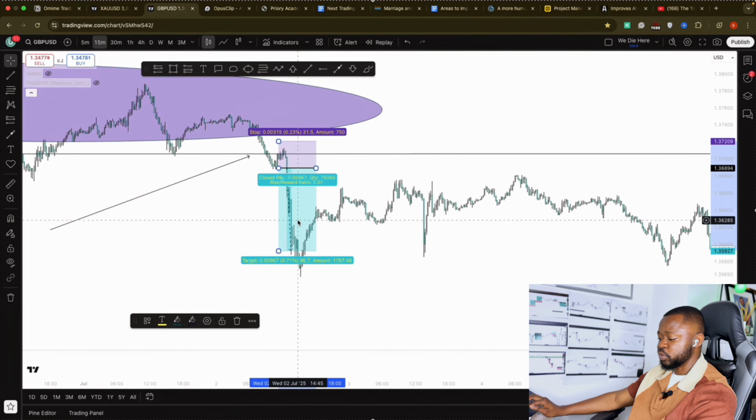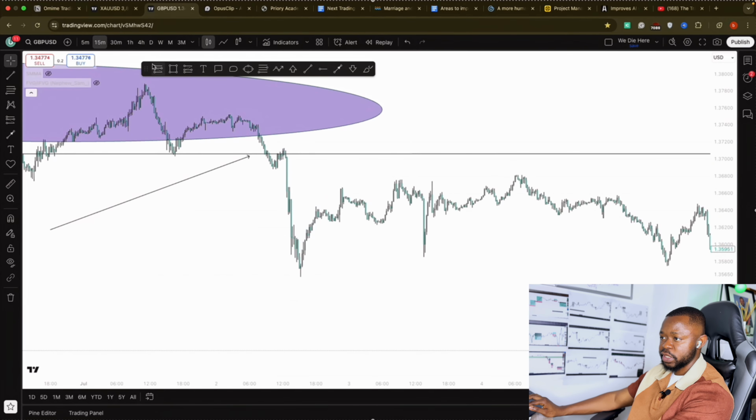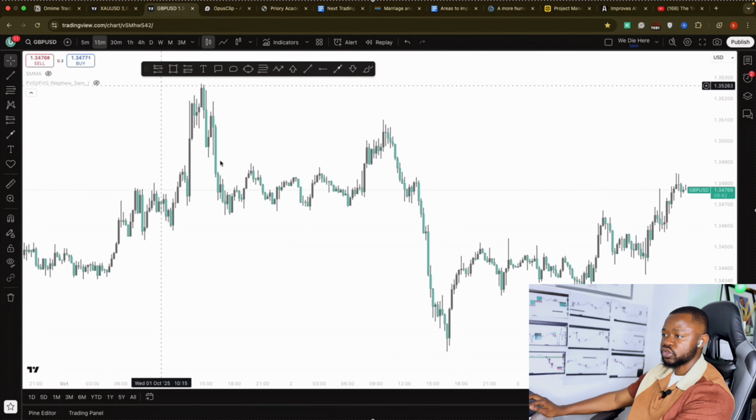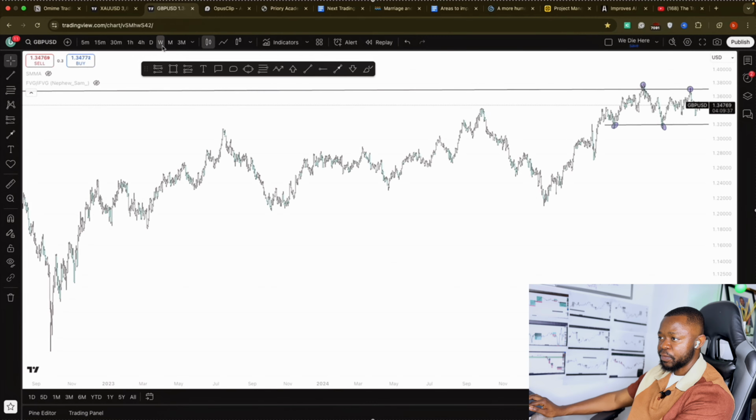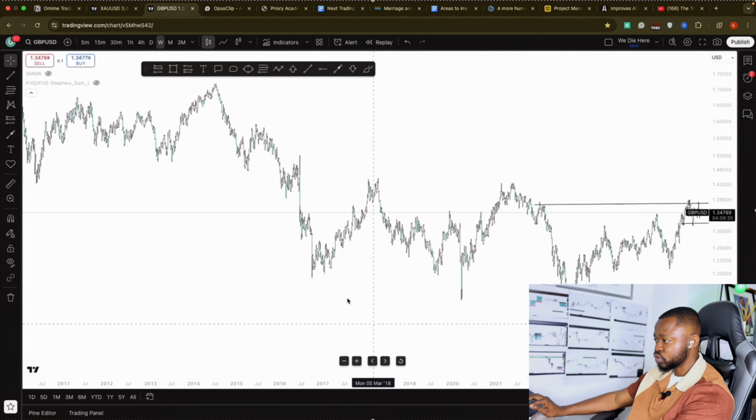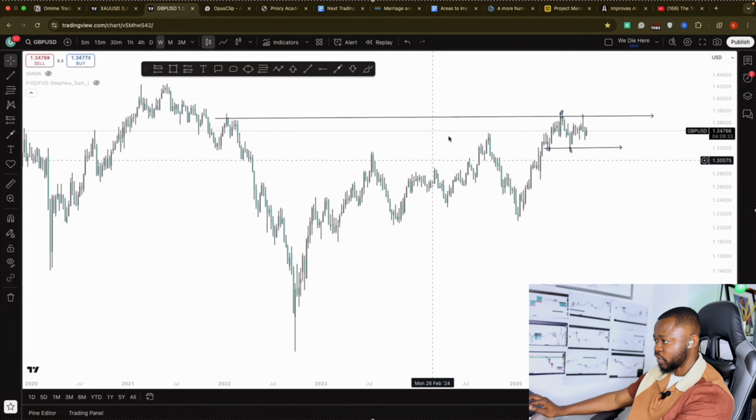So you can see how we're able to bring it down from the weekly time frame to the daily time frame, to the 4-hour time frame, to the 1-hour time frame, down to the 15-minute time frame for entries. So it's the same thing that happens in every other chart. Let's clear this up. If I go to